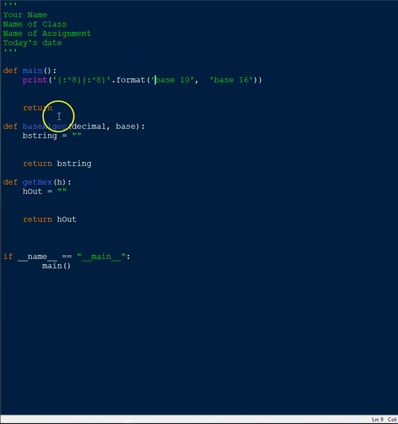And I went ahead and wrote the code for the other bases, even though it's not complete, because I want to go through it. So the second function is called base algor, and this is where we place the algorithm that actually does the conversions. The algorithm we're going to use is one that is commonly used in computer science textbooks and is well known. So I didn't invent it. But we're going to use that algorithm and modify it a bit for our purposes. It can be used for converting decimal to any base, but